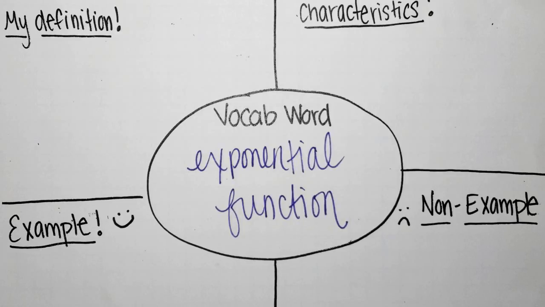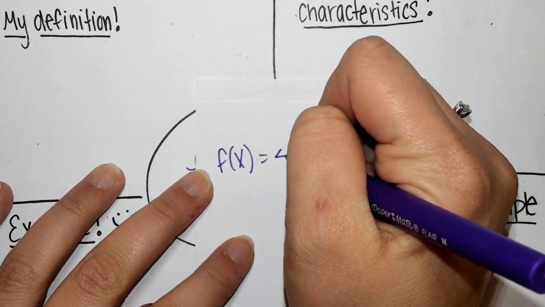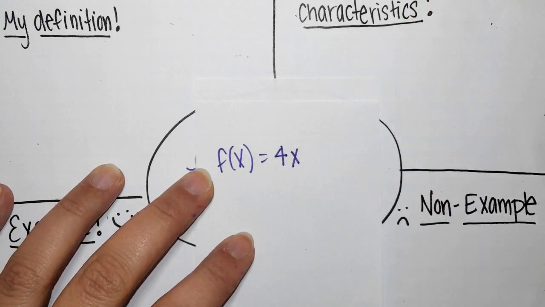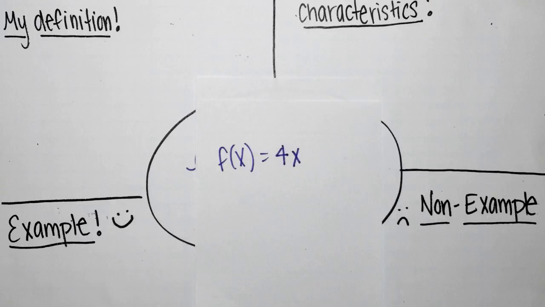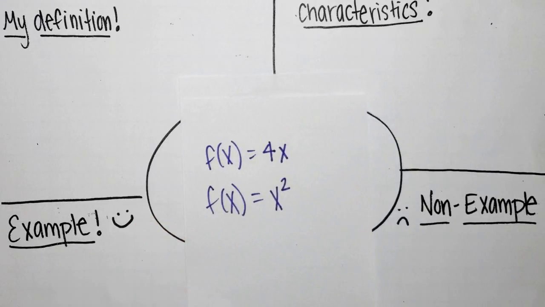Alright, so what does it mean by exponential function? What does that mean? What does that look like? Alright, so is this an example of an exponential function? Maybe I'm not done writing. What kind of function is that? What kind? Look at you go. Take a point, my child. Is this an exponential function?